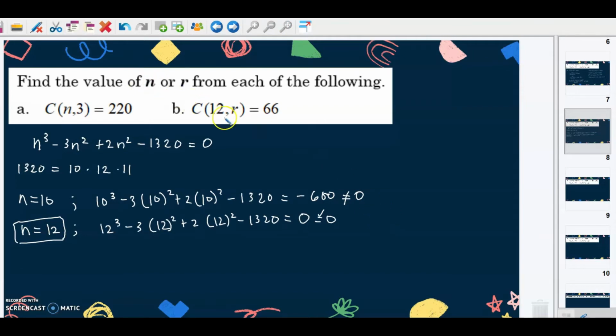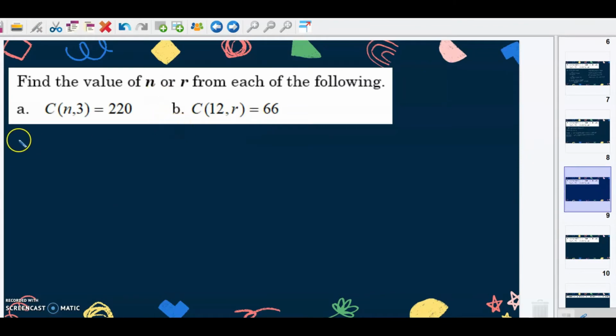So let us now solve the second item for question number 2. In letter B, we are given the combination of 12 taken R is equal to 66. Just like the previous item, here we need to find the value of R, which will make the statement or the given equation true. So we first simplify the combination of 12 taken R, and this is equal to 12 factorial over the quantity 12 minus R factorial